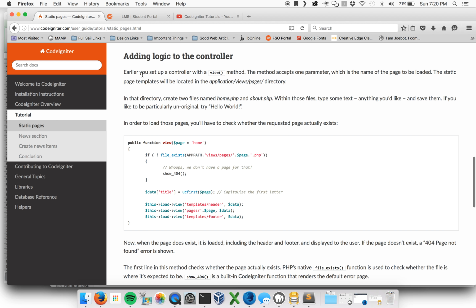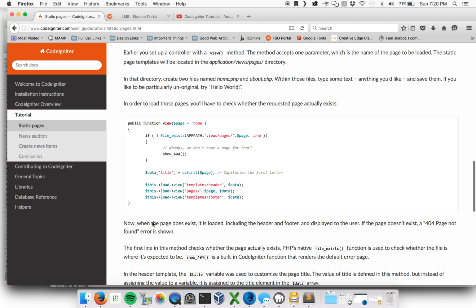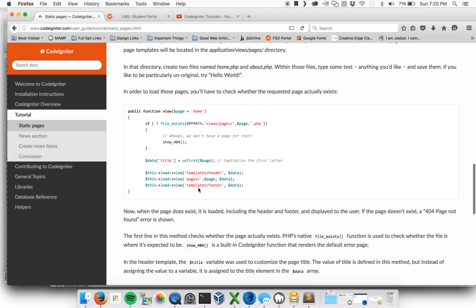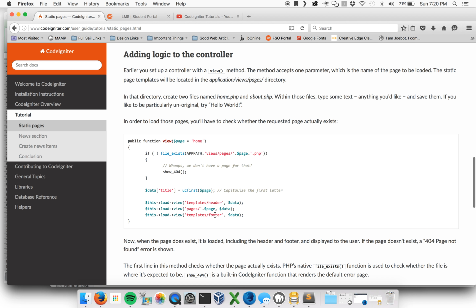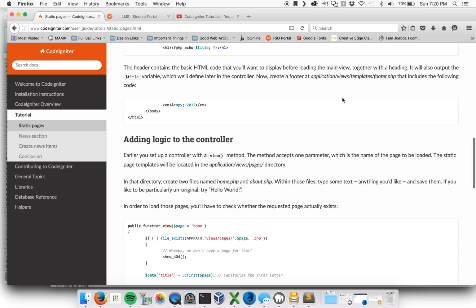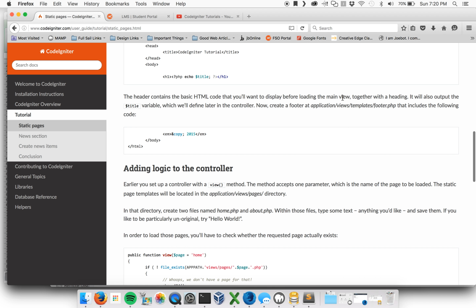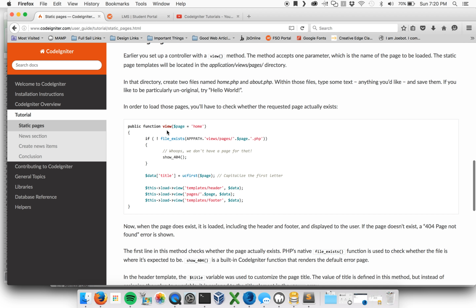Adding logic to the controller, he goes through this and he kind of makes sense of it at first, but then he says, in order to load these pages, you'll have to check whether the requested page actually exists, and he gives you this line of code. And nowhere above this section of code or below in any of the copy does he tell you where this is. I don't know if I have to create this and put it in a folder like he specifies up here. I don't know if this is an existing file that comes preset